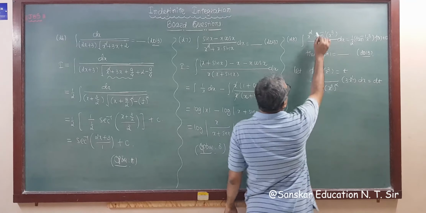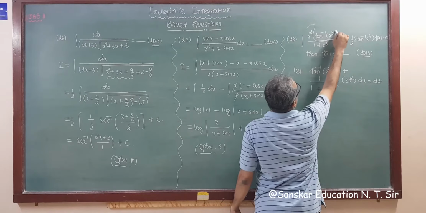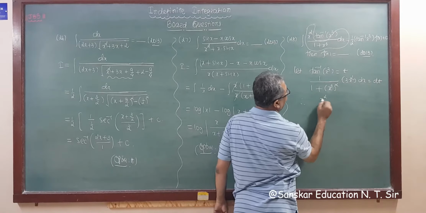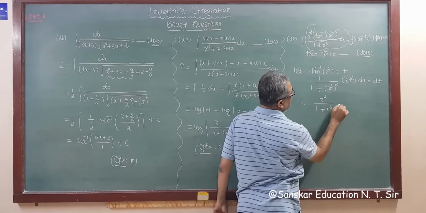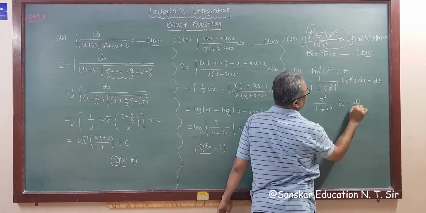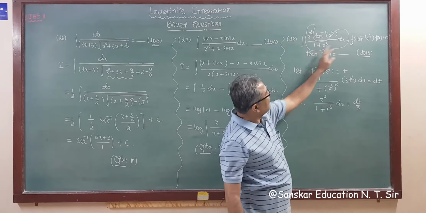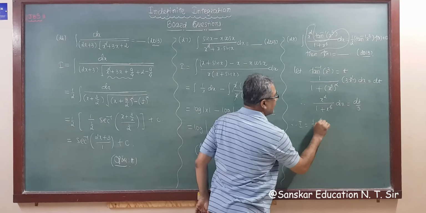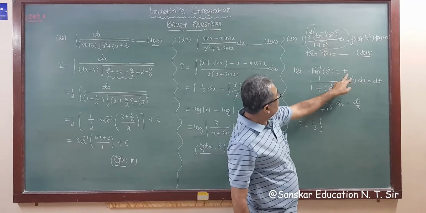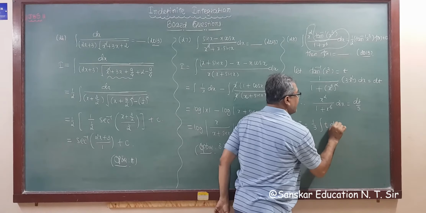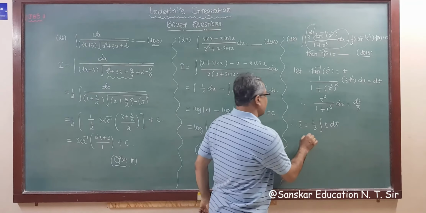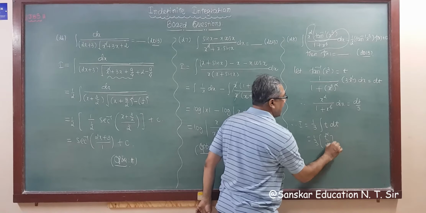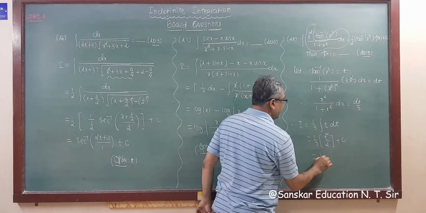So we have this x square dx into 1 plus x square, that is, x square upon 1 plus x raised to 6 dx is equal to dt by 3. So this portion is your dt by 3. So I am writing as usual 1 upon 3 first, integration, and tan inverse x cube is t. So the answer is t and remaining will be dt. So the final answer will be 1 upon 3 and integration of this is t square by 2 plus c. So final will be 1 upon 6.